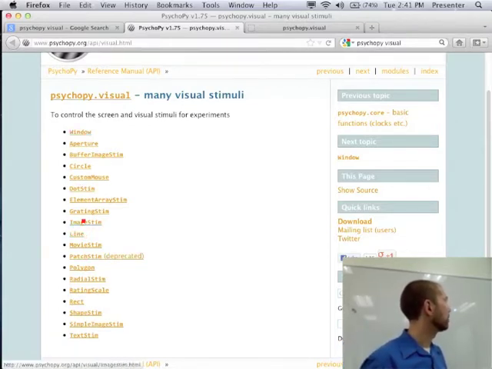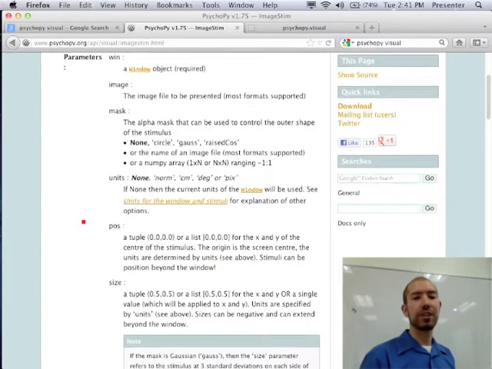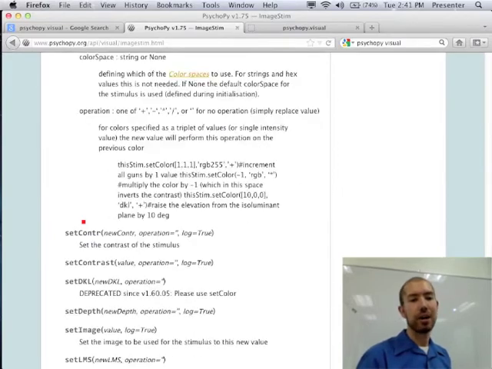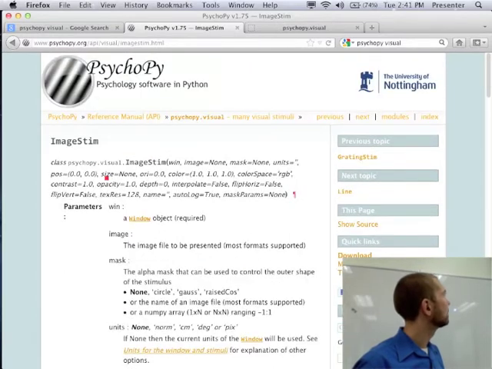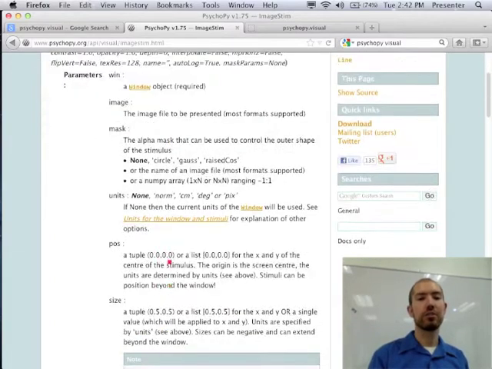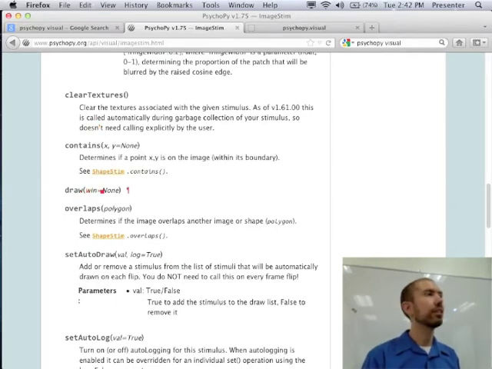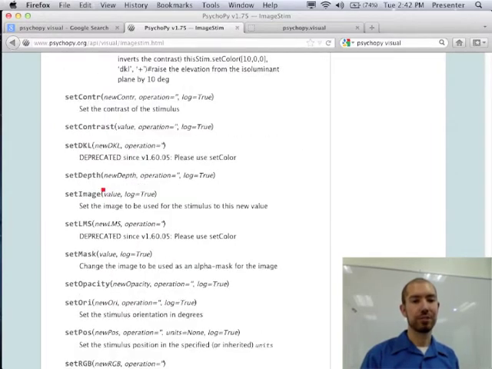This has all of your options here, right? So if we want to look up how to make an image stimulus, you can just click on this and it tells you various things. Now again, it may not make a whole lot of sense to you right now how you do all of these, but it'll become more and more obvious as we go on. But basically what it's saying is, when you create an image stim, you can tell it all these things, like what image to use, what units to use, where to put it, what the size of it is, what its orientation is, if you want it rotated, all this other stuff. And then it tells you at the bottom kind of what it does, right? So the image can draw itself. You see that right here. You can, let's see, what else can we do with images that's interesting?